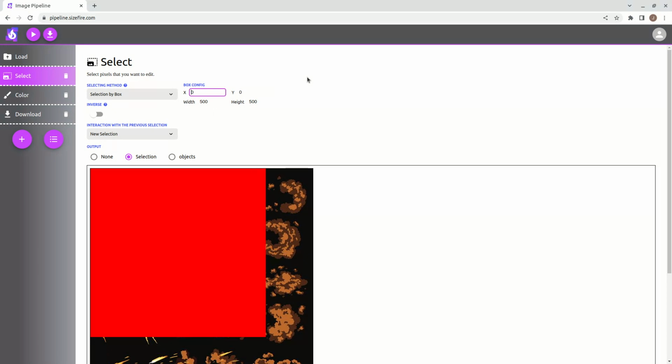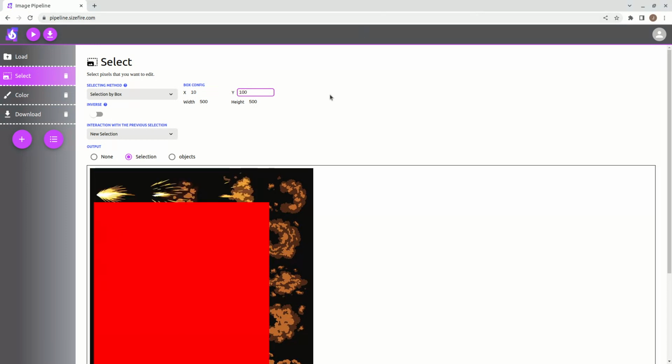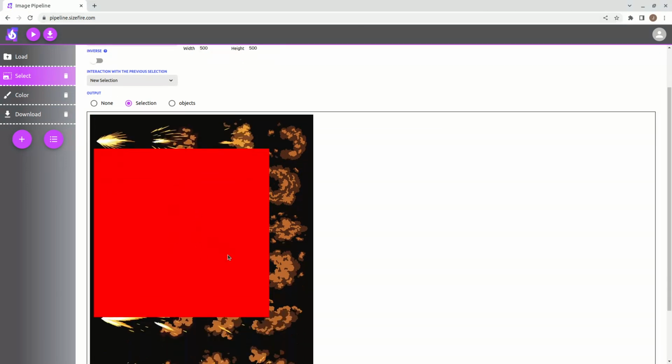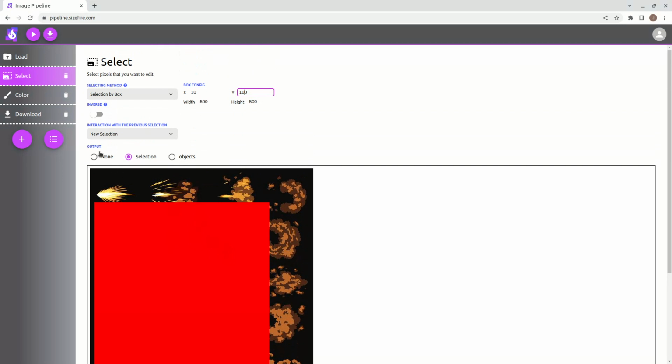So I can set here the top left coordinates of this box. If I put there 10 to X, I will shift the box 10 pixels to the right. Same is applied here. For example, 100 pixels down. Here is the output section. In the output section you can see the